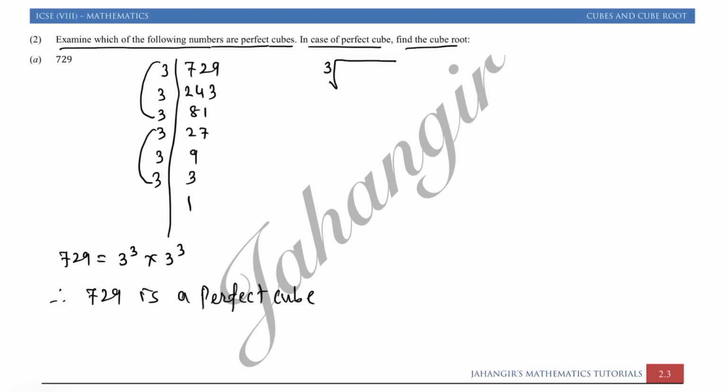क्यूब रूट में you can write like this. स्क्वायर रूट की साइन खाली ऐसी होती है, only you have to do this sign, but क्यूब रूट में you have to do this and you have to write 3 to 8. So क्यूब रूट के लिए we can write cube root of 729 is equal to cube root of 3 cube into 3 cube. So removing cube root you will get 3 multiplied by 3 which is 9. Hope you understood this. Next question.